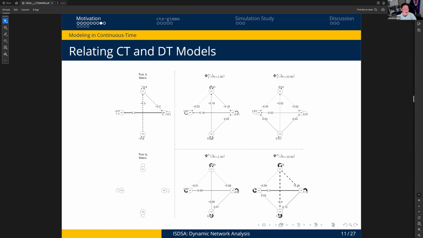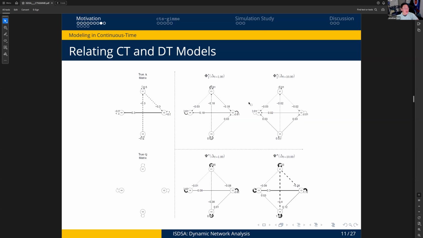So you can see that I have a positive effect between variable 2 and variable 3, and then I have negative effects between variable 3 and variable 1, and variable 1 and variable 2. When I exponentiate this, what we see is that that positive path is still there. But I've also gained an additional phantom path that Jack will be talking to us about. I get an effect between variable 1 and variable 4 that is weakly negative.